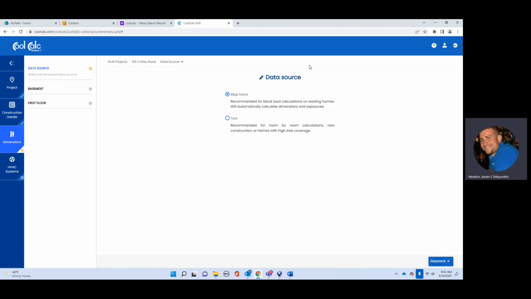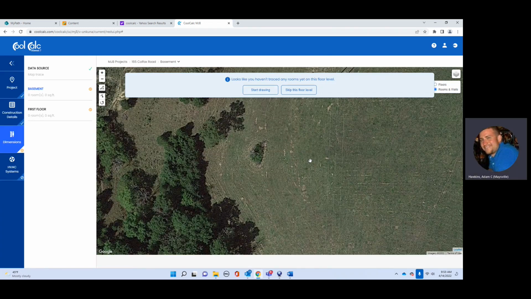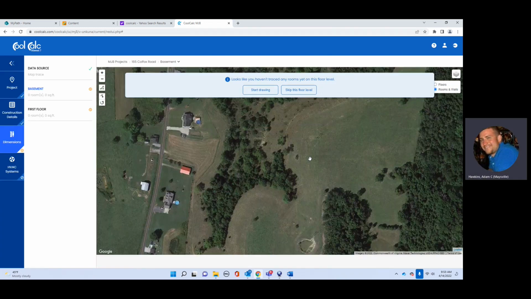All right, dimensions. All right, so you could do a text where you're just adding in the information, or you can do a map trace. So let's say I'm at somebody's house, and I'm going to do a map trace. All right, so back